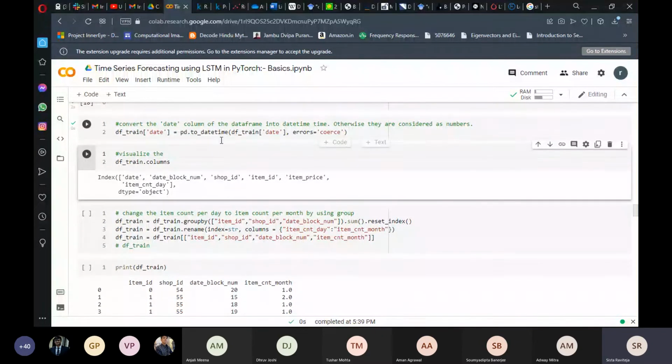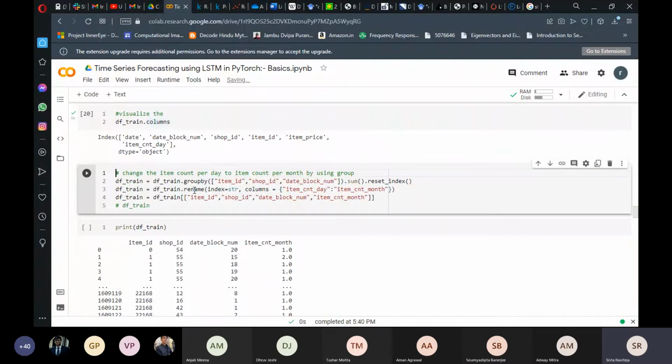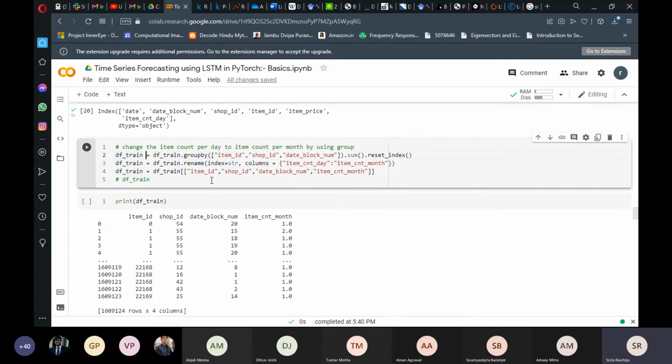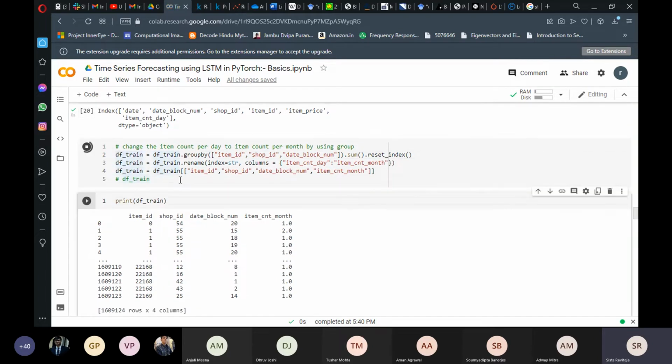Now, one of you might ask what we do in the case of categorical data, like shop ID and item ID. These are categorical data, and there are ways to deal with categorical data like one-hot encoding and other things. I'm not going to completely touch upon that, but I have an alternative way to deal with it, which I have covered in the supplementary part of this notebook. If I have time, I'll touch upon it. Otherwise, I'll give you the notebook and it's explained in detail, so you can cover that part yourself.